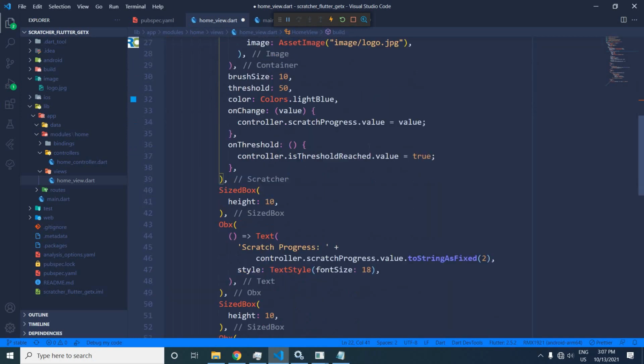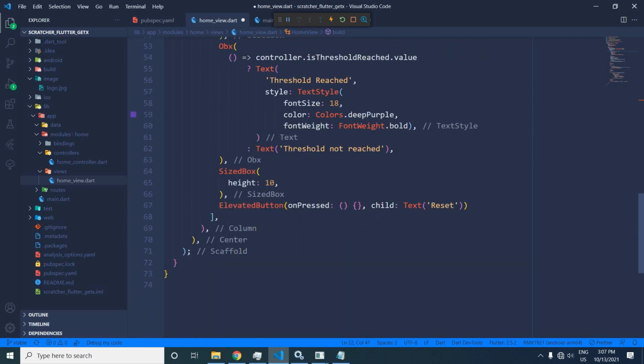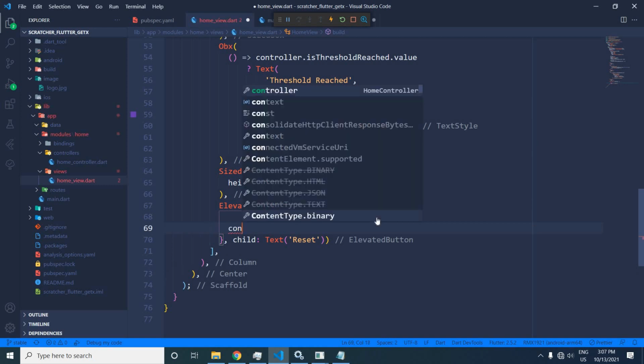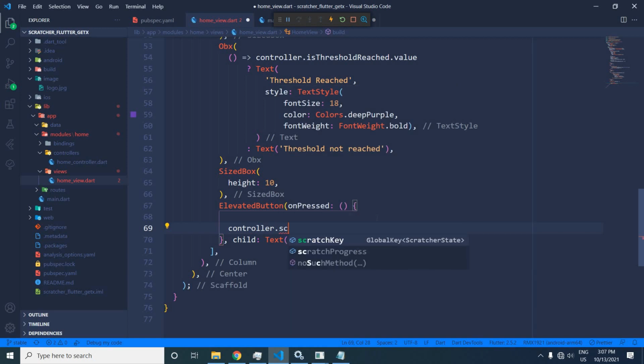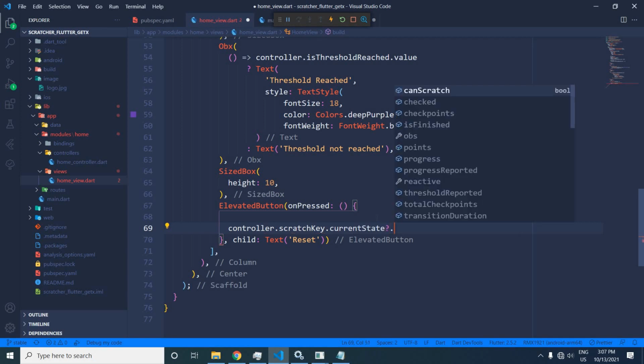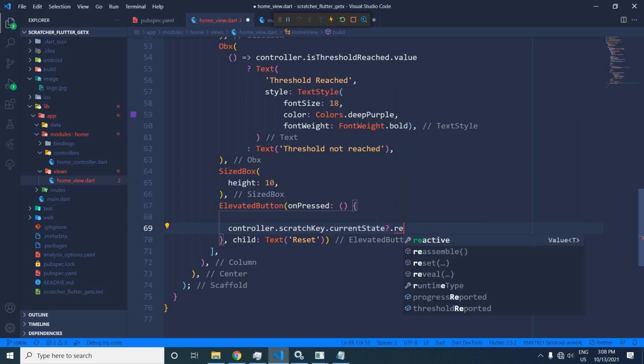Right. Now on the button click, here I will write the code to reset, and to do that I will write controller.scratchKey.currentState.reset. And in the reset I will specify duration.